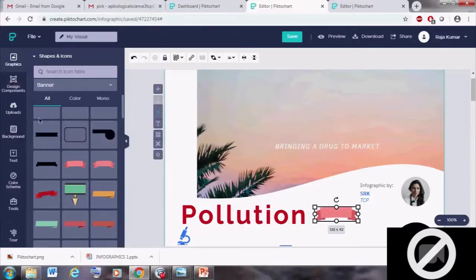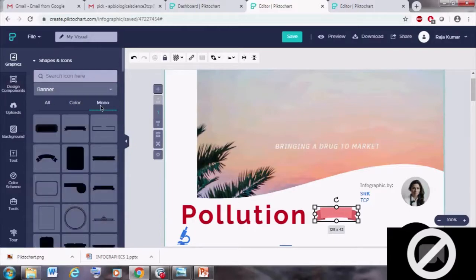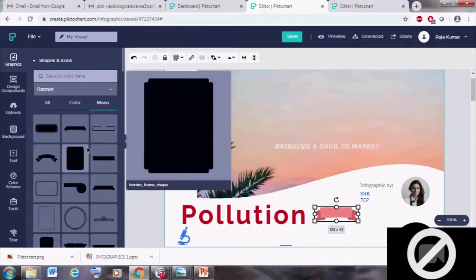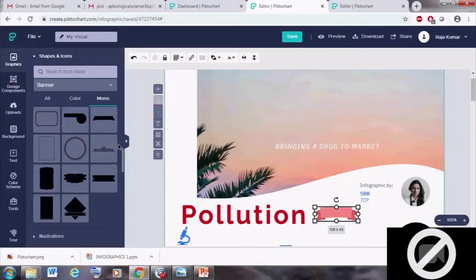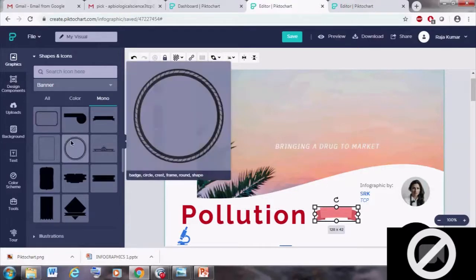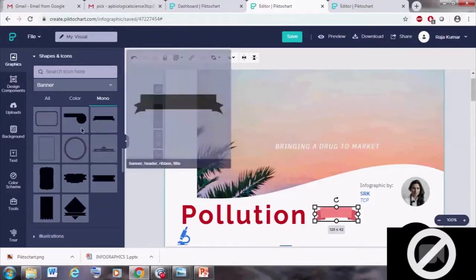And the next option, so many colors. So color designs, color shapes and icons are also available. And mono, blank icons are available. So if you want those things, you can choose the shapes and designs in the infographic. And next one is